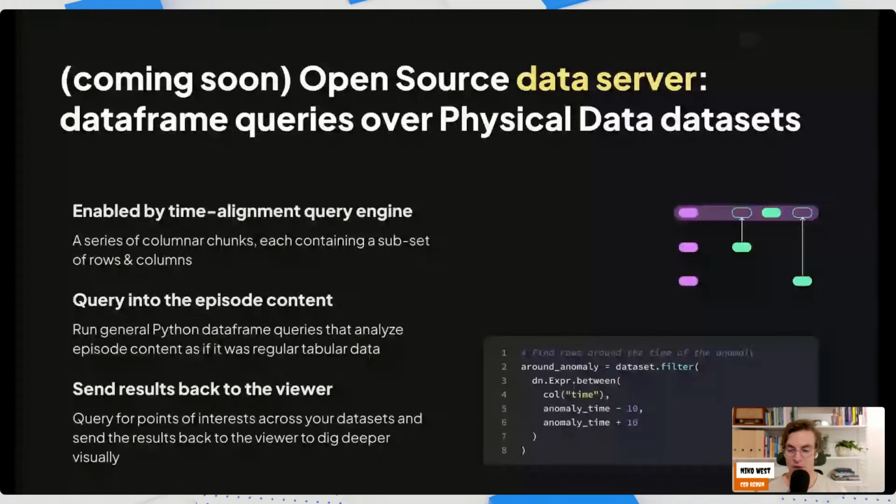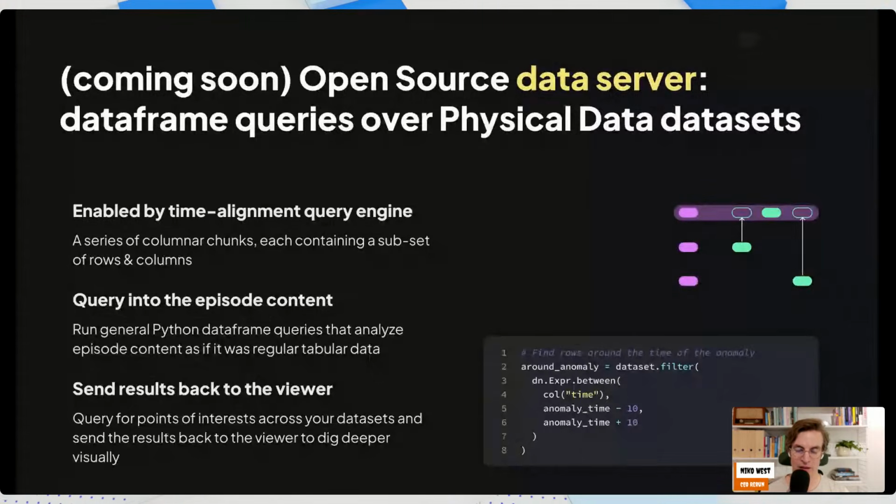It makes it significantly easier to do things like query for episodes where the gripper didn't open, and return links only to those episodes, and then you can send that table of links back to the visualizer and use that to click around and dig deeper.